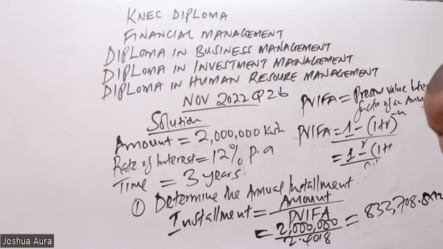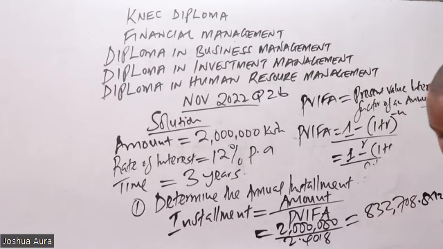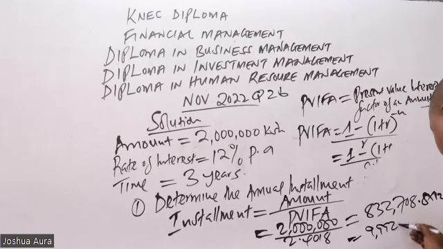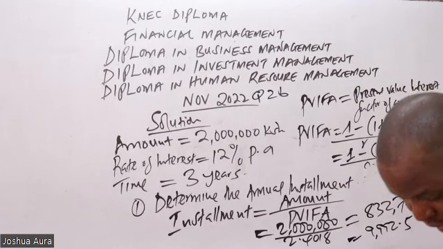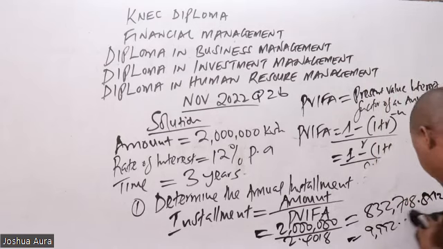You will get a monthly installment of 9,992,000. Sorry, to get monthly,